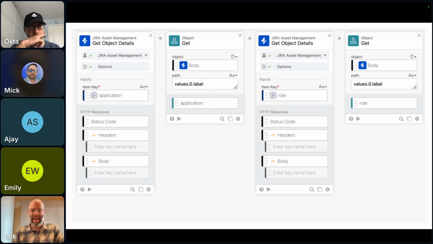I can do a custom API call or just a raw request to Jira Assets, have my full URL there. But that's just not as fun, right? I get the status code and the headers, the body just the same, but we're constantly pushing to include more information in there and make it easier, simpler, and more efficient. So this is just showing how we are getting the object values, the labels, out of the assets. And that allows us to take that label and assign it into the request itself.